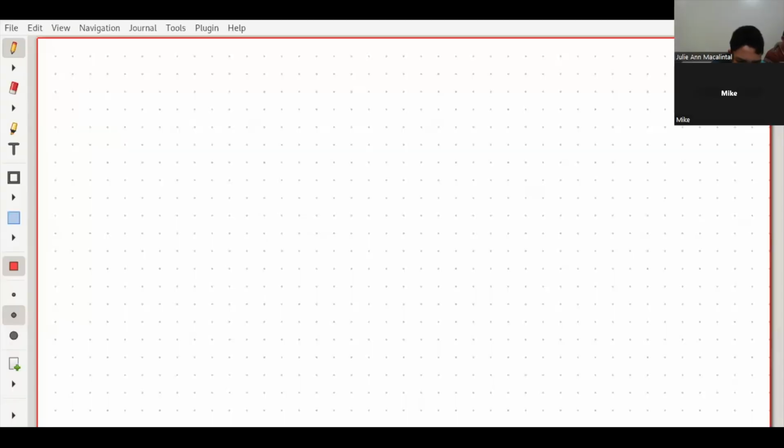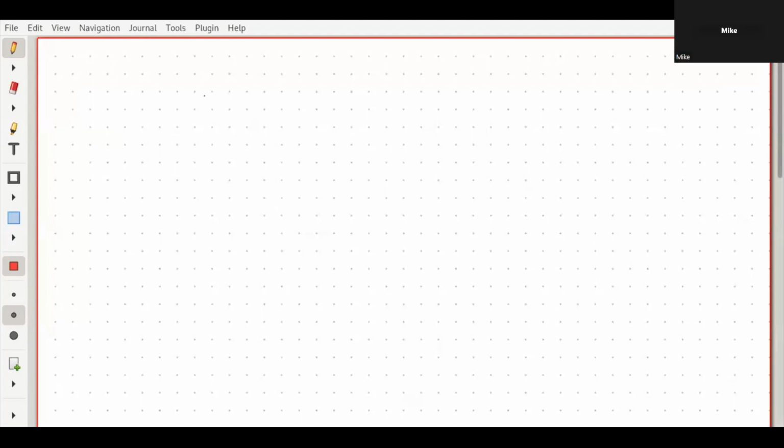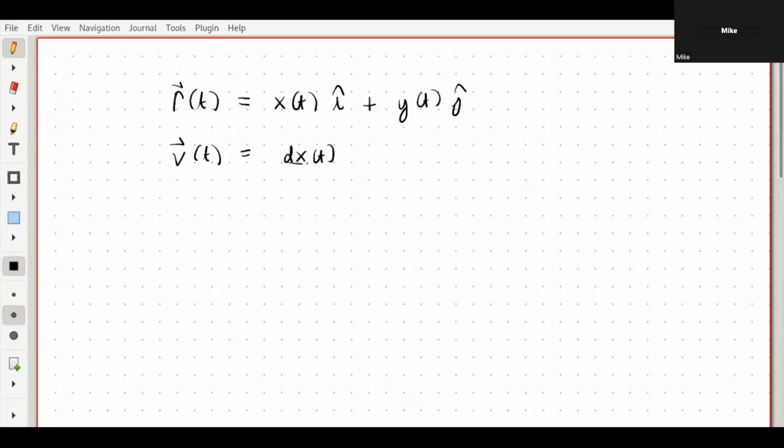Saka di ba po dapat A-X tsaka A-Y? Dapat A sub 0 X tsaka A sub 0 Y. Kaya, sulat ko yung gusto kong makita. So, yung position vector can be written as may function x as a function of t, tapos i hat, plus y as a function of t, j hat. Yung velocity na vector can also be written as yung derivative